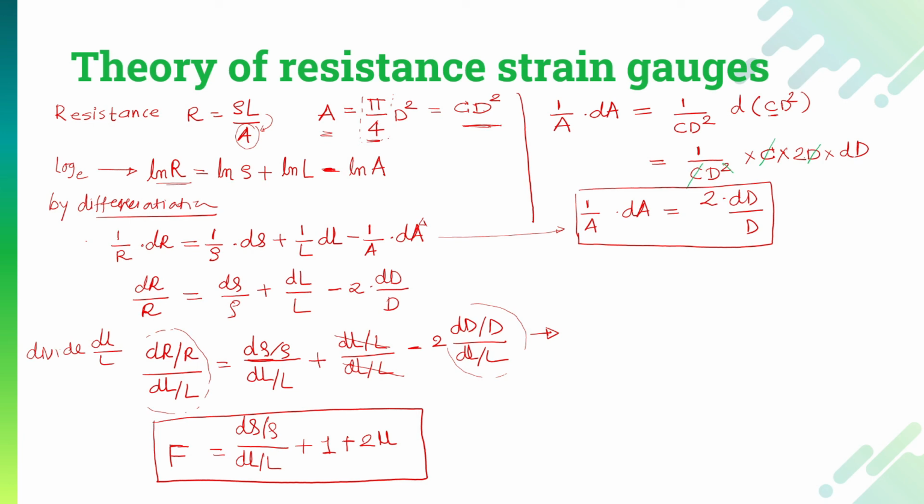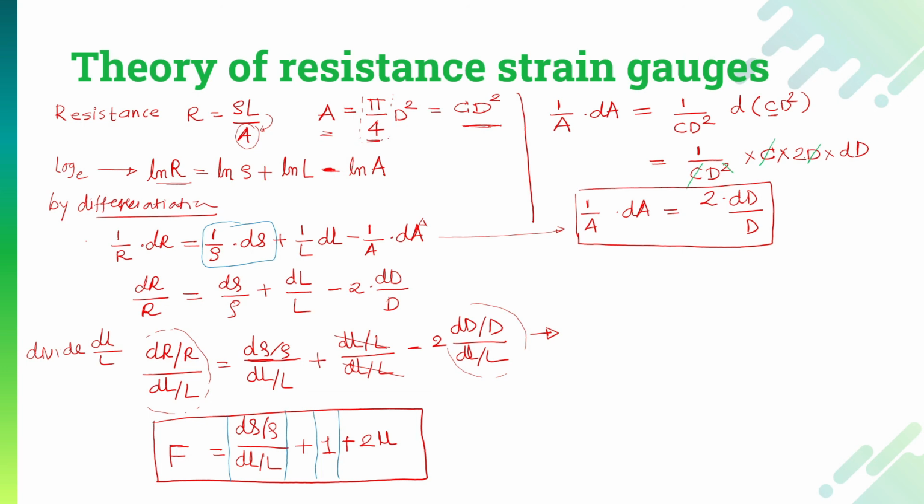Now over here you can see there are a total of 3 components available. Very first component is the d rho by rho divided by dl by L component. This particular component is basically the resistance change due to the resistivity change. Now, how do I observe this component like this? Because you can observe that this equation has started with this one, the resistivity. So the change in the resistance due to the change in the resistivity is basically this particular part. Now, the second part is actually unity, a single one.